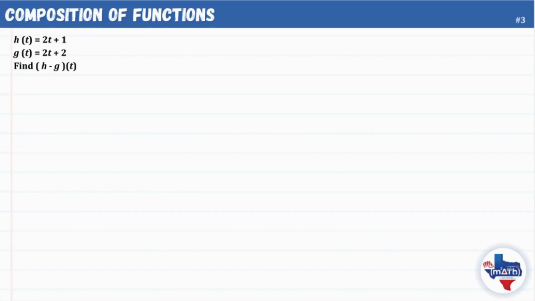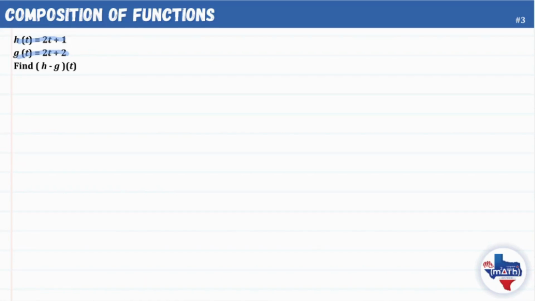Math. Today's topic is composition of functions. The problem that we have today is we have two functions, h of t and g of t, and we simply want to find h minus g of t. We want to compose these two functions. So the first thing we'll do